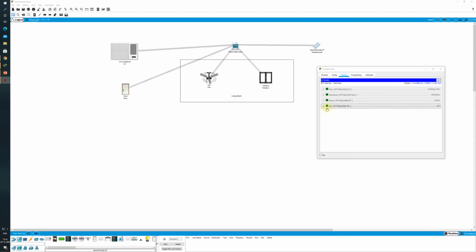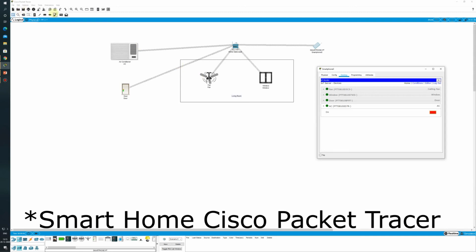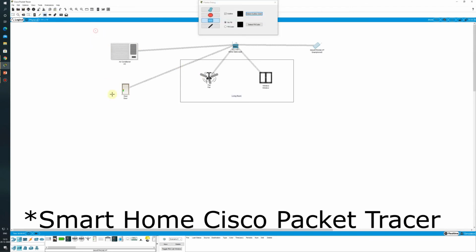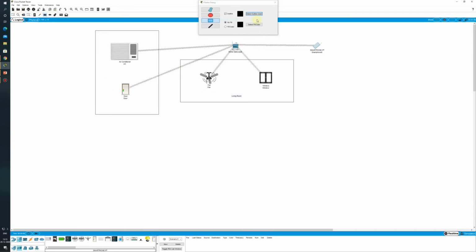Yeah, so the AC is here. Now let us turn on and off the AC. You can see that the red light is blinking. So this is how we can create a smart home and configure it and control it using a smartphone.